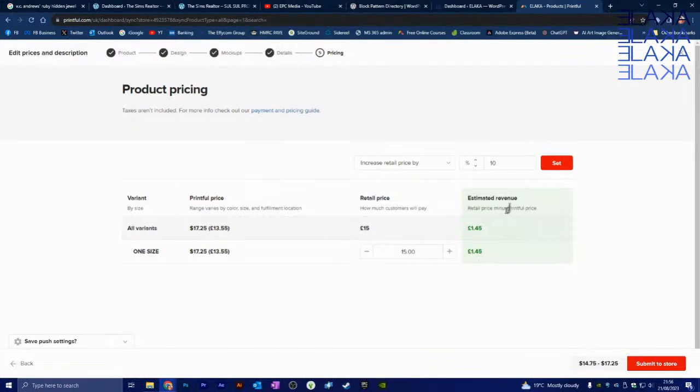So here it says estimated revenue is £1.45 for selling this bag. It's going to retail for £15, but the Printful price is basically going to be £13.55 for them to make it. So, for example, if you're thinking, gosh, £1.45, I need to earn a bit more, you can actually increase that. All you have to do is increase the retail price by